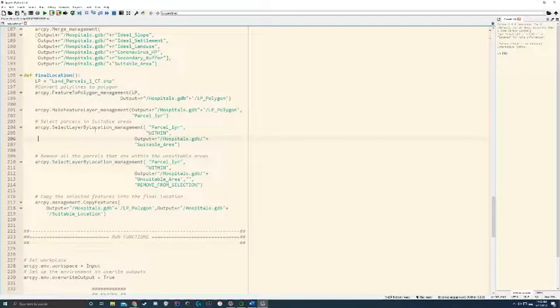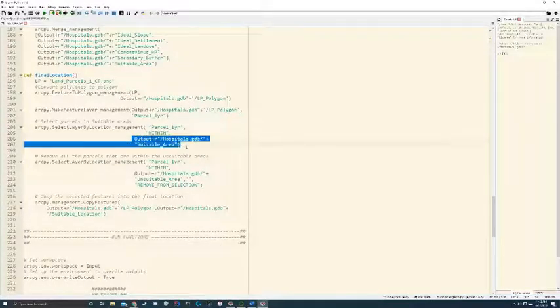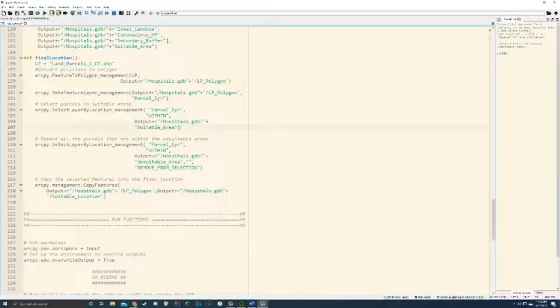So now we can do a select layer by location, and we're going to be selecting from parcel layer where it is within the suitable areas. And then you'll be doing a select layer by location remove selection where you will be finding things within parcel layer within the unsuitable areas. So we'll remove all the unsuitable areas from the suitable areas to create your final location. So then you'll be taking that and you'll be copying the features into a shapefile. So we'll take in your